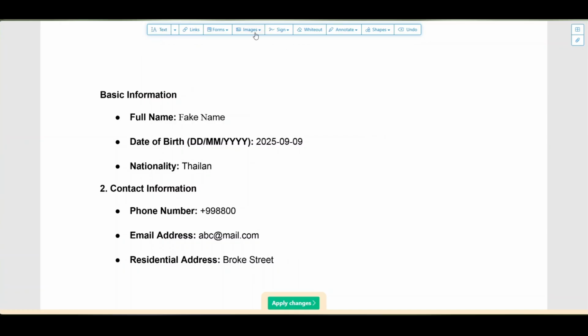Now there are other options, like you can also add images, and you can also add your signature, you can add forms, you can white out a portion, you can add annotation, highlight, underline, strike through your text, and lots of other options. Now whiteout is also an important feature over here, so let me go to whiteout and show